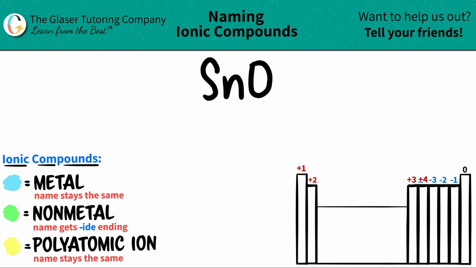Today, we are going to be naming the ionic compound SnO. Now we have two different elements here. We have Sn, which is tin, and we have O, which is oxygen. If there's two elements and it's an ionic compound, one has to be a metal and one has to be